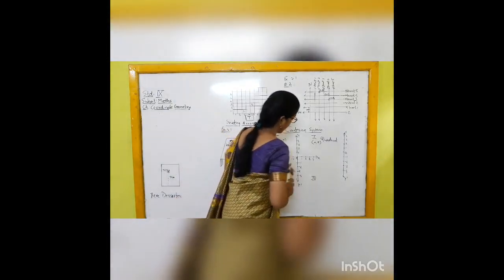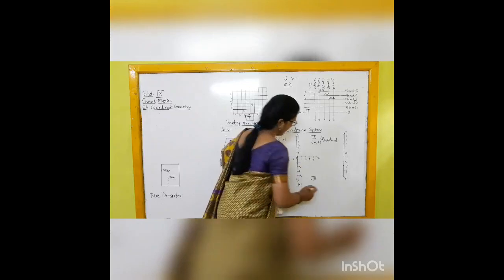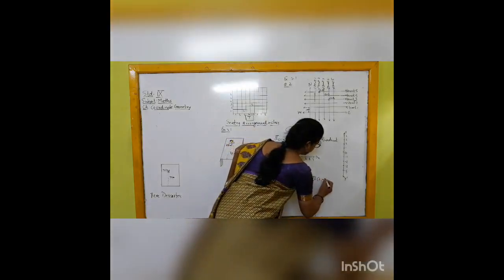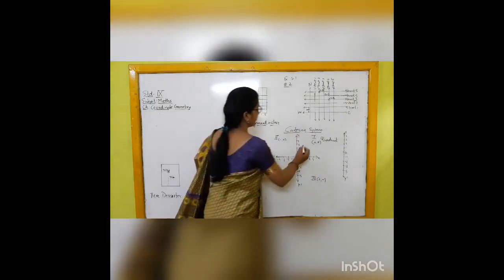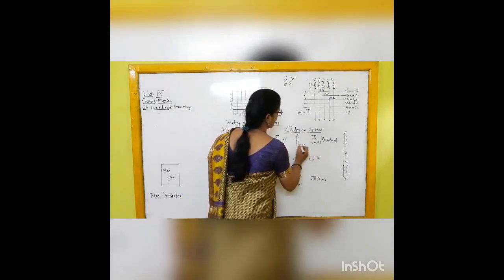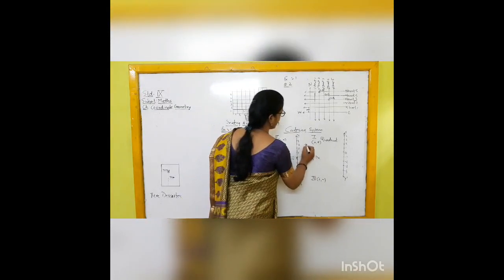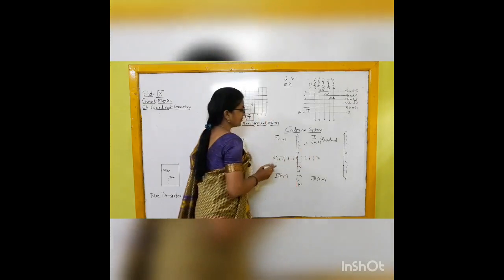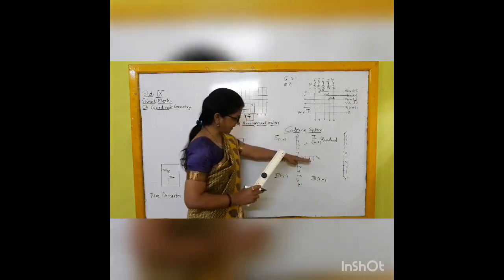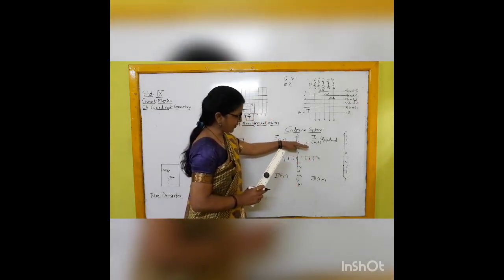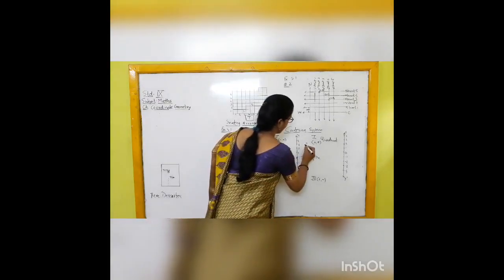What about the fourth one? x positive, y negative. Now, suppose a point is given here. This is the point. If you want to find its position, what can you do? You try to find out the distance from the x axis as well as the y axis. So let us try.